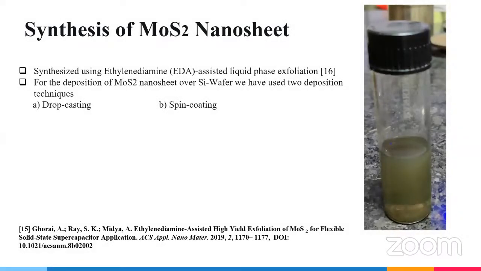After exfoliation and characterization, we have moved forward with the deposition of the MoS2 nanosheet over the silicon wafer. We have used cheap and cost-effective techniques like drop casting and spin coating to deposit the MoS2 nanosheet over the silicon wafer. We have done both drop casting and spin coating, and right now we are moving forward with the contact deposition using E-beam, and then the functionalization of the sheet with the glucose molecule, and the results